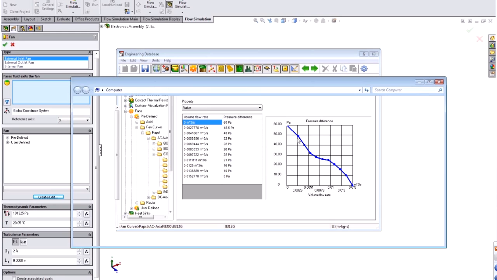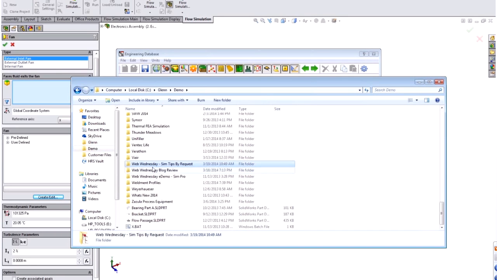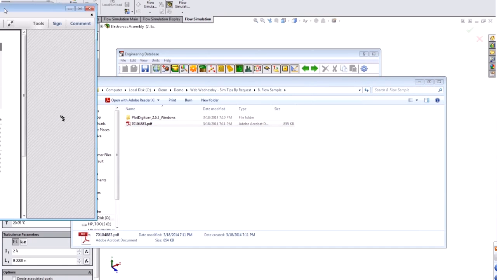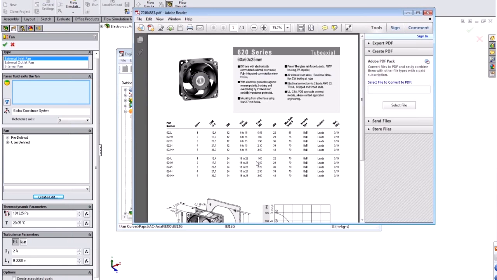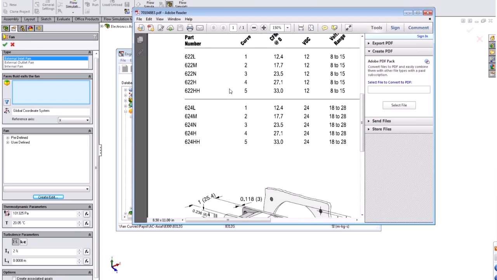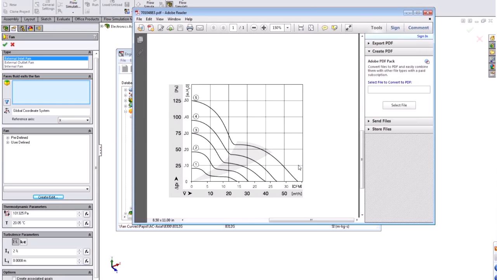Now, 9 times out of 10, when you're working with the fan manufacturer, they will give you a data sheet. It might look like this, a little picture on it. That's your fan curve. Now we can probably blow that up. Go down and take a look. How do I go from here